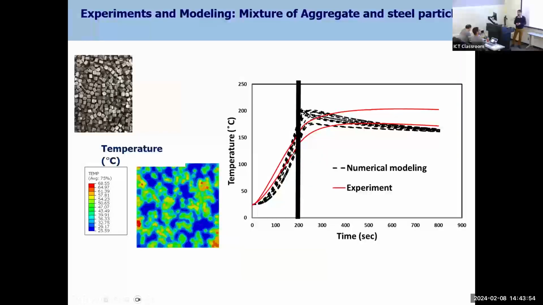I'm not convinced that we can, because there are so many things that we are missing and we are not putting there. Like, there's friction. We are not considering those. Even in pavement layers, different layers, there is friction between them. Some of them are fully bonded, some of them are not.